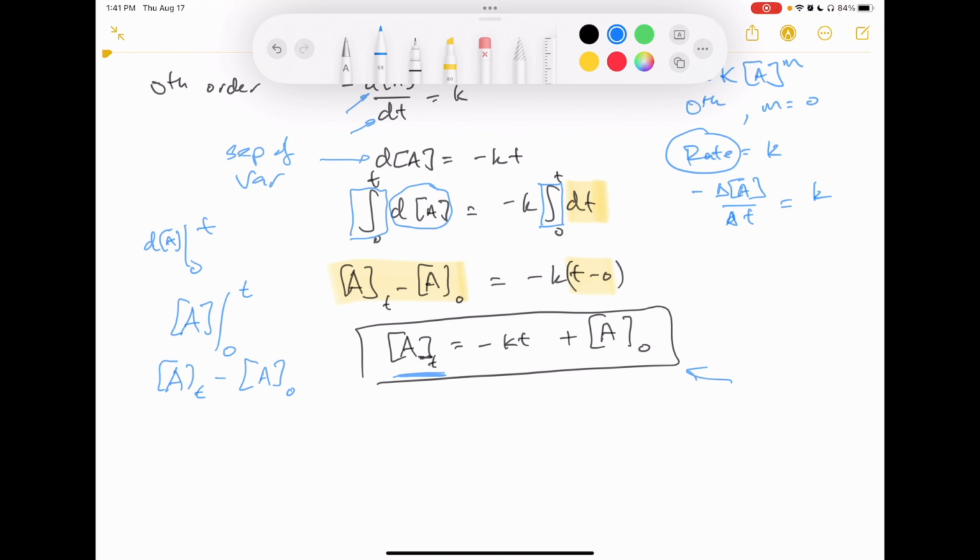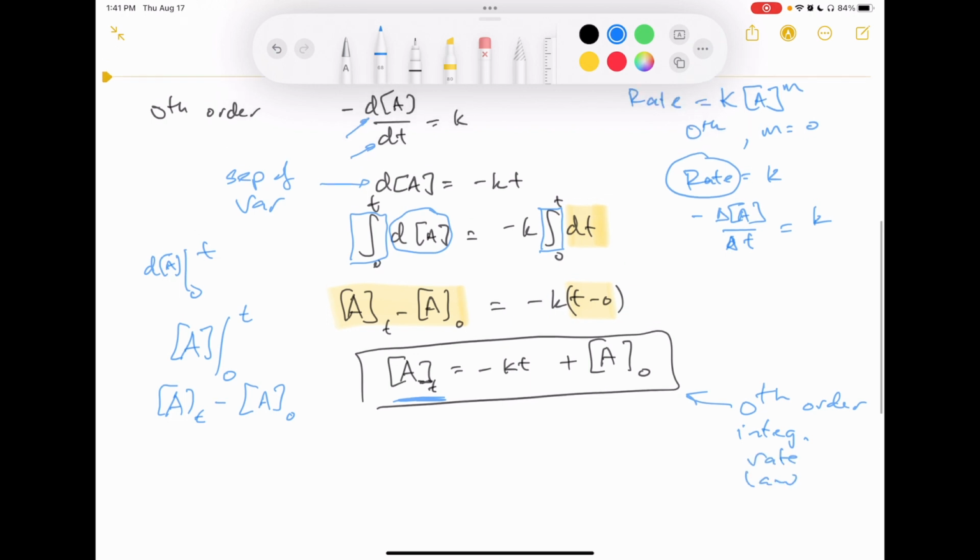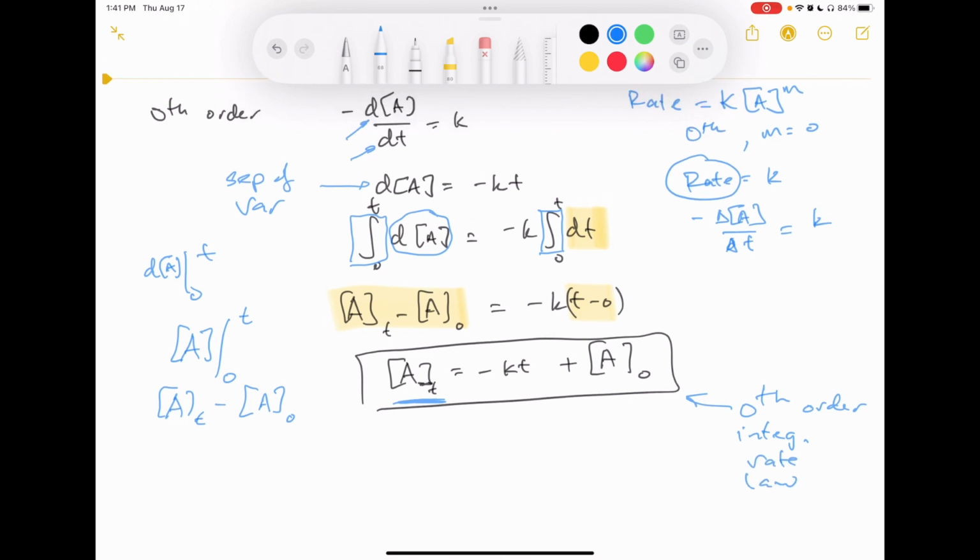And so this equation is your zeroth order integrated rate law. Now, if that derivation that I just did made absolutely no sense to you because you've not taken calculus before, don't worry about it. Then what you need to do is just memorize this equation that I've brought for you, okay? Now, before we go further to talk about the first order and the second order equation,